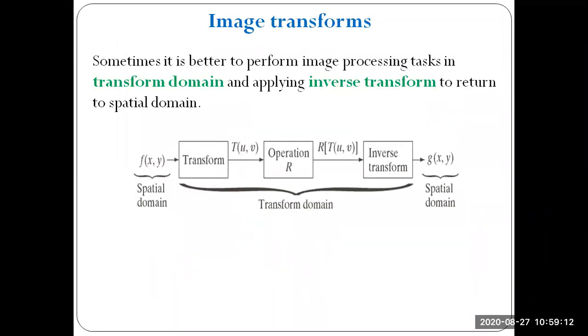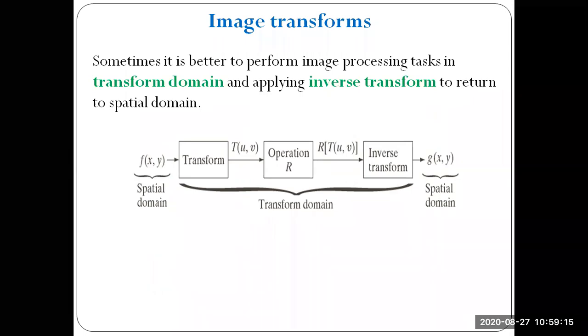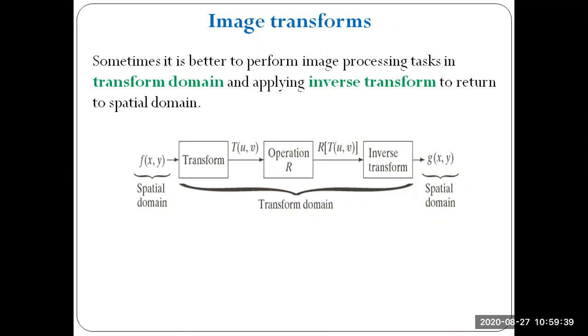However, I am just showing the block diagram in the next topic, image transforms. Image transform simply means transforming the image from one domain to another domain. Generally, our image is in the spatial domain or time domain. If you want to observe the energies of the signal, like the magnitudes and phase of an image, we have to convert the image from one domain to another domain, that is, from the spatial domain to the frequency domain.